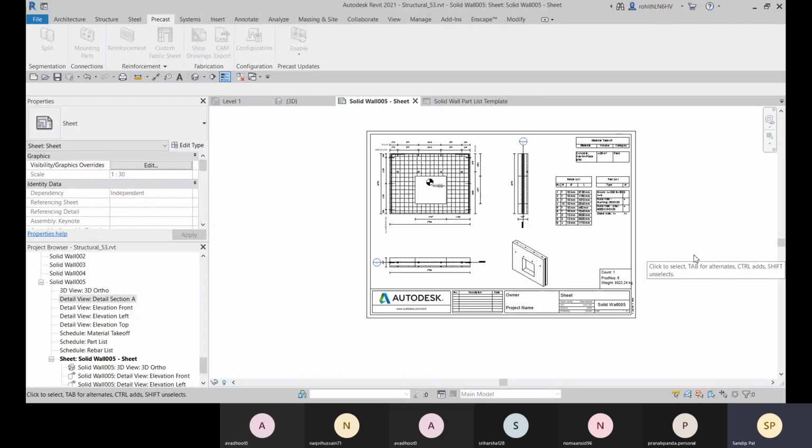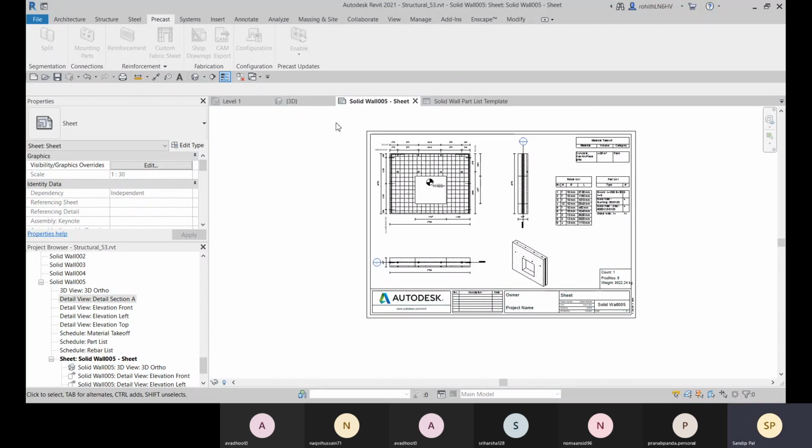Shop drawings are the drawings where all the details for fabrication and manufacturing are provided, and all the estimations are provided. What views should you include? You should include the plan view, the elevation, the section view, the detail view, and the 3D view, and the material takeoff, the estimation, and all the project details.